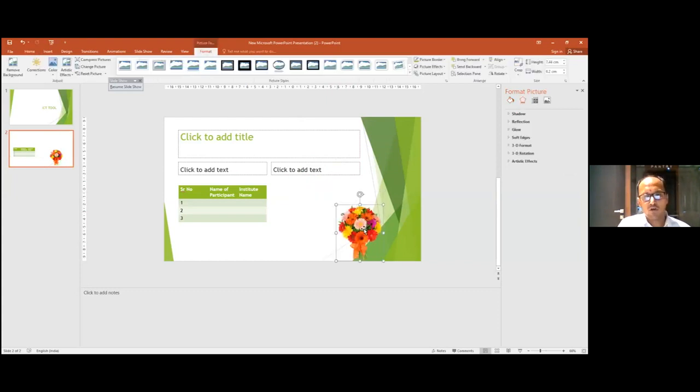So always choose PNG format images to get into your PowerPoint presentation. A PNG image will just show the highlights of the image, and the background of the image will be hidden, so it will not affect the design of your slide. This is how you can insert the image into your presentation.